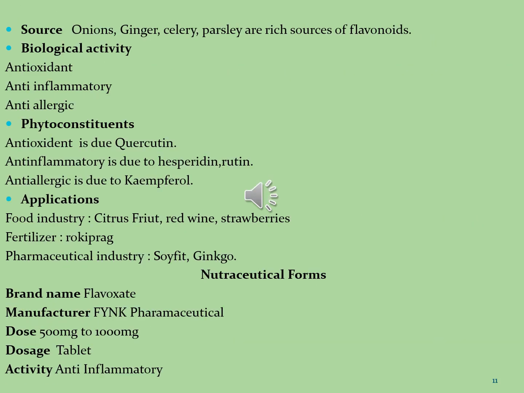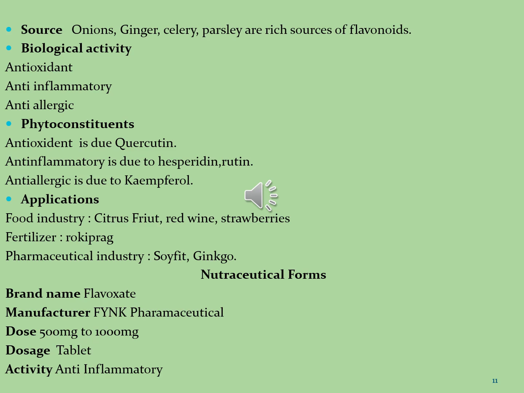These are the sources of flavonoids: onions, ginger, celery, and parsley are rich sources. The other sources of flavonoids are tea, citrus fruit juices, berries, red wine, apples, and legumes. Flavonoids are used for anti-allergic, anti-inflammatory, antioxidant, antimicrobial, antibacterial, antifungal, antiviral, anti-cancer, and antidiarrheal activities. So you can see over here some biological activities of flavonoids that are very general, and these are antioxidant, anti-inflammatory,